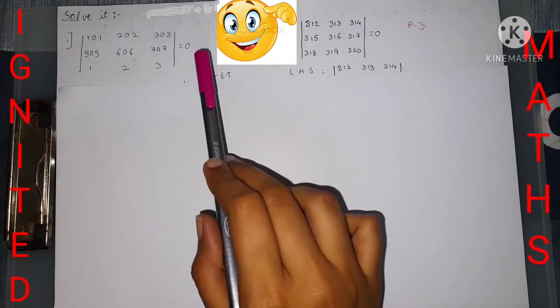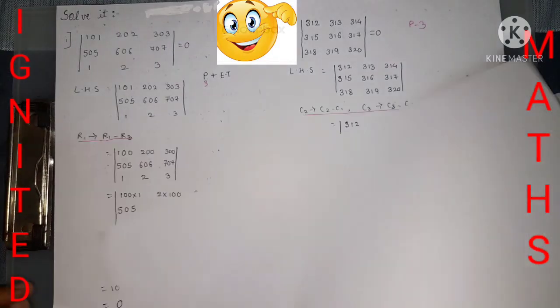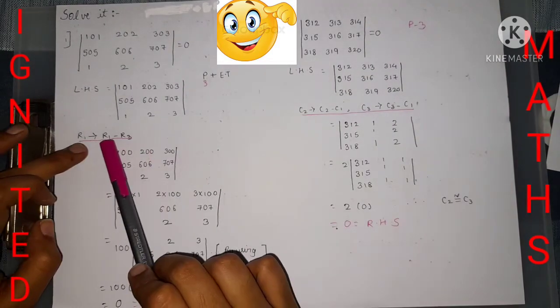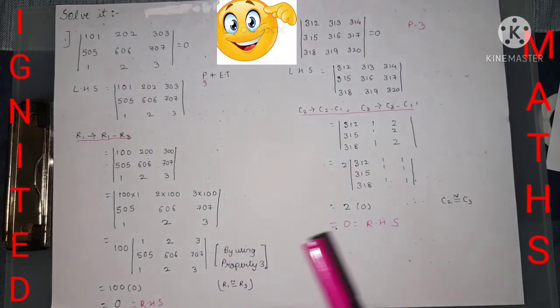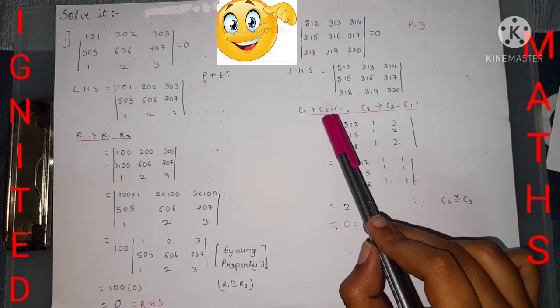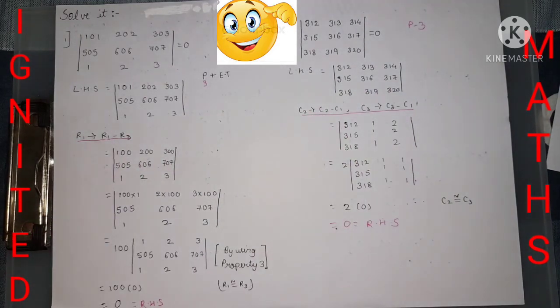LHS is equal to RHS is what you need to prove. There is no rule that you need to do only this row transformation or only this column transformation. Over here I have done it by column transformation, and there by row transformation. So you can even do it by your own steps, but the calculation should be perfect. If there is a calculation mistake, then the answer will not be perfect. But if your property is perfect, and you are using the perfect transformation, then the calculation is perfect, and you will get the perfect answer.